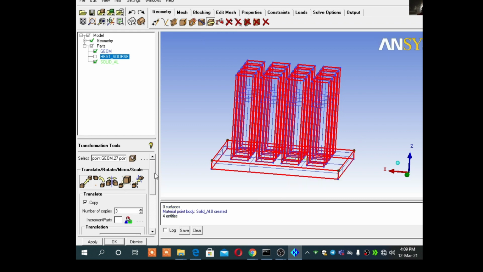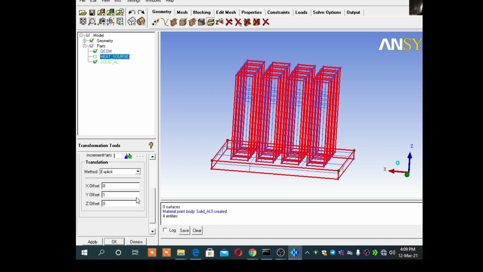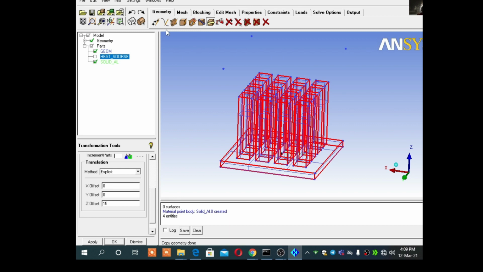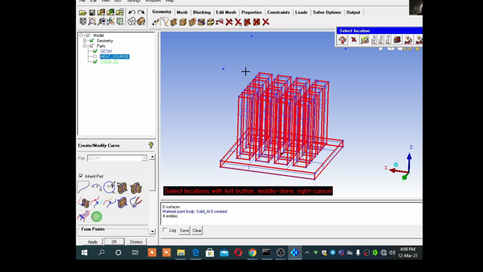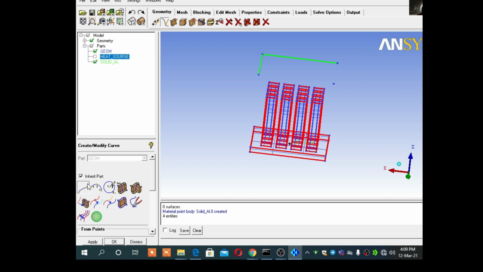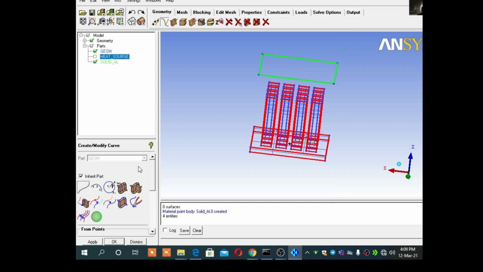So I will copy the points in the z direction by about 15 mm so that I will get an appropriate air pocket. Then I will join these points. Yes, we are joining.